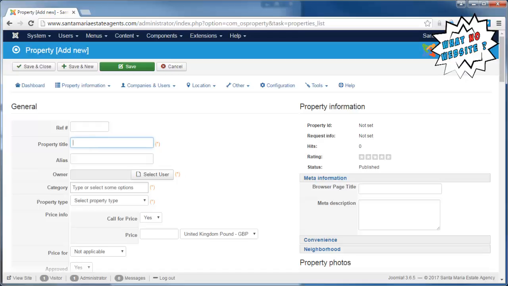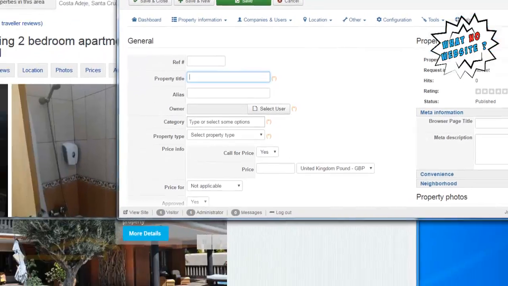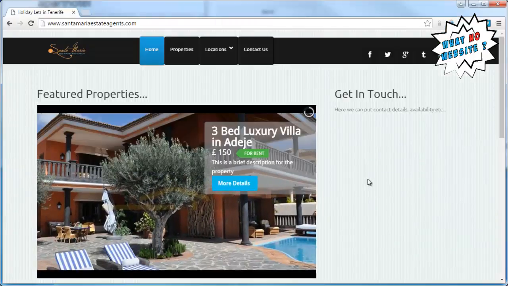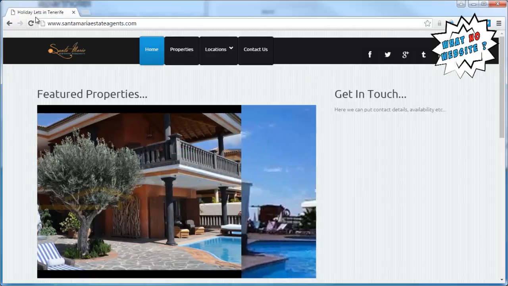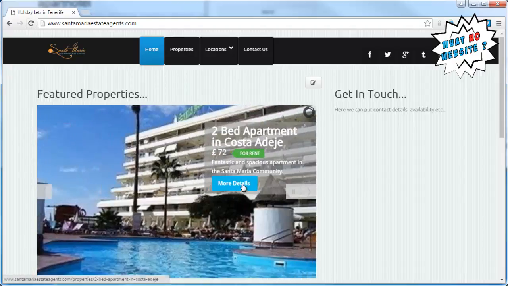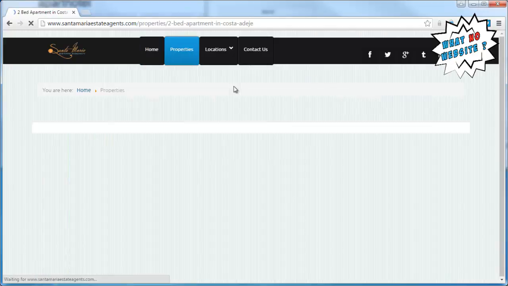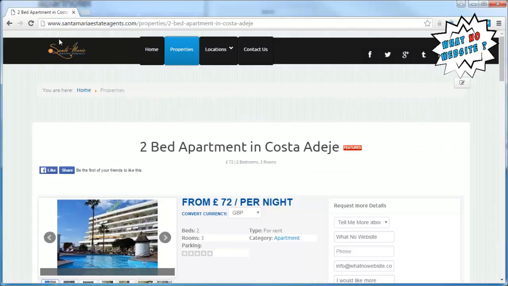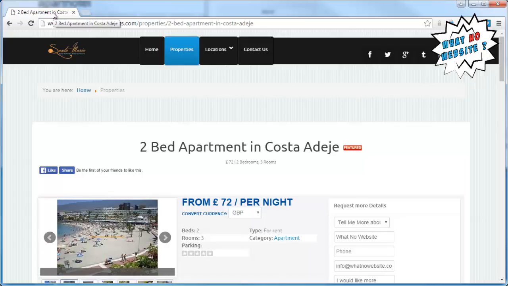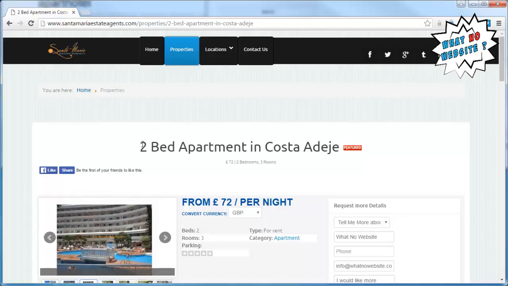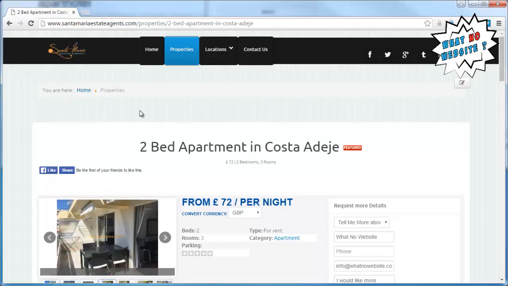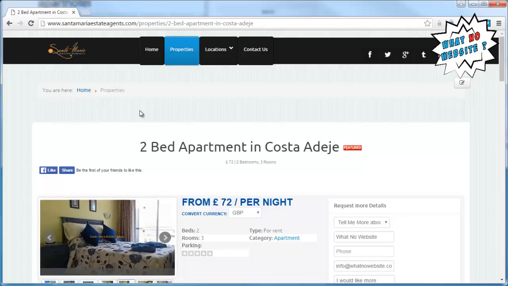Okay, so the first thing we're going to do is put in the property title. Now the key thing here is the property title is what appears at the top of the page. You'll see in this case it says Holiday Lets Tenerife. And if we click on the property in question, the title changes to 2-bed apartment in Kosterdeke, you see. And this is all good for optimization, because if somebody's searching for a 2-bed apartment in Kosterdeke or apartment Kosterdeke, it gives this page more opportunity of appearing at the top of the search results, which of course is